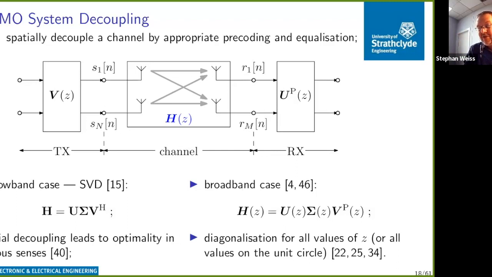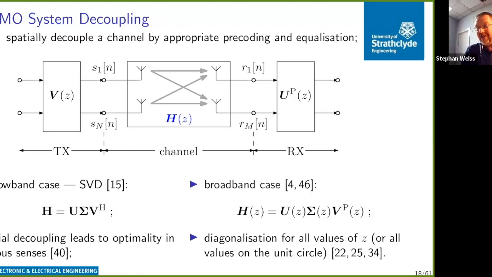In the receiver, they don't amplify the noise that you have sitting on your antennas, for example. So the fact that these are unitary matrices is quite beneficial. And you can now take this to the polynomial domain. So you don't just have a matrix of complex gain factors. You maybe have impulse responses because your